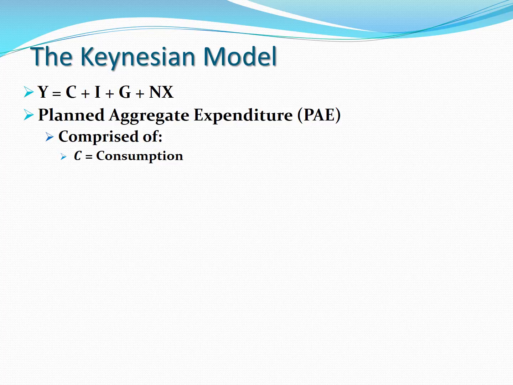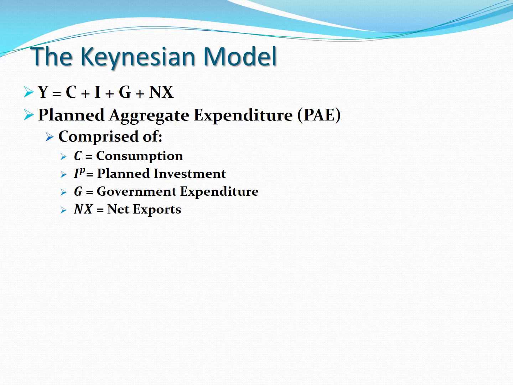And we'll see how this may shift, and it's going to shift planned aggregate expenditure. But we'll get there later on. Otherwise, this is the same C that's up there in the real GDP. This is what's going to be different, the planned investment, but then you see the rest of planned aggregate expenditure is just G and net exports, just like our GDP. Now we have this planned investment.